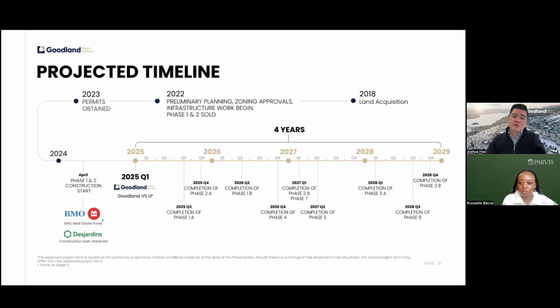The future market risk when we start selling the future phases. Depending on the market, but I think the market is going to be better when the buyers see the completed phase 1 and phase 2. And if you look at the